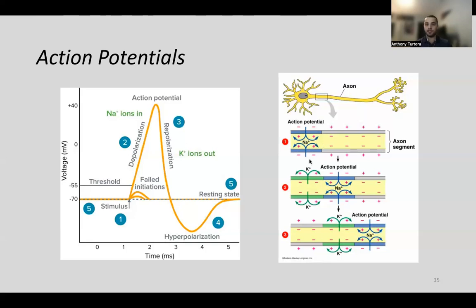And then as you can see here, the way that an action potential is propagated is because some of the ions flow down the interior of the axon, causing the membrane potential to increase. So it starts to go this way, and then it propagates that way as well. However, going back to this part, at the +35 millivolts,